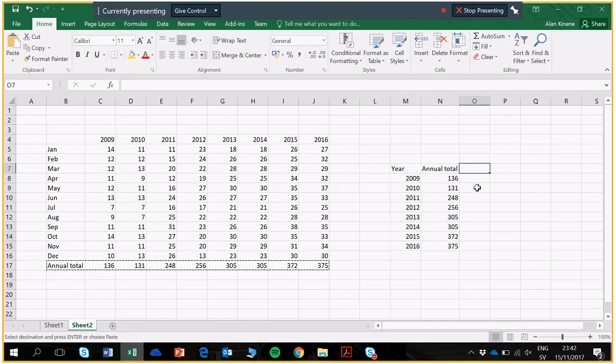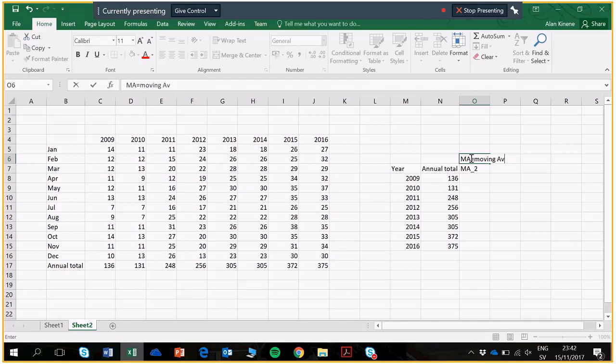So what we have here is, for example, you say you want to get a moving average, a 2 year moving average. So I'm going to say MA2, and in this case we say MA is the same as moving average, so that it doesn't confuse you. So here we take the average of the 2 previous years, and